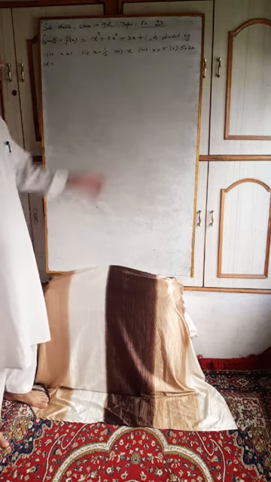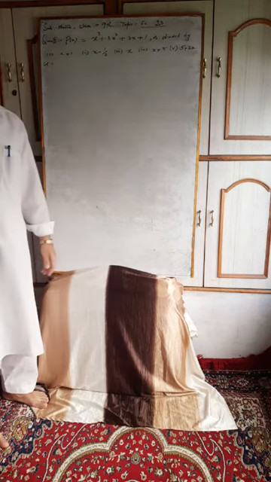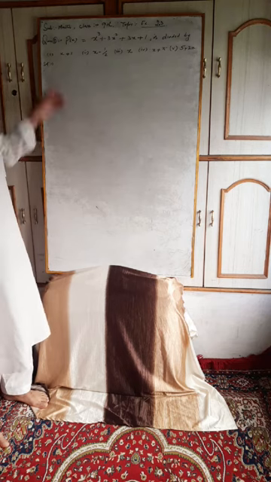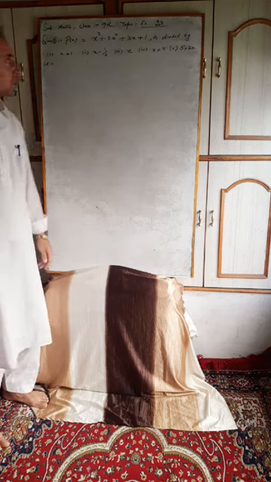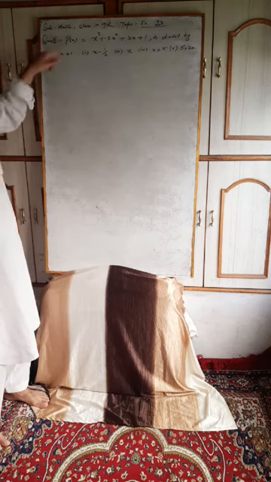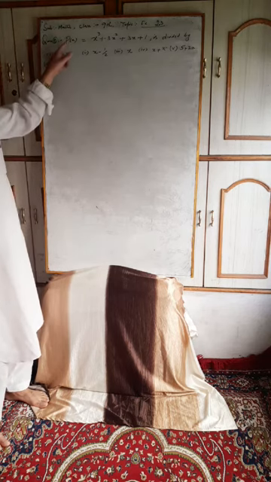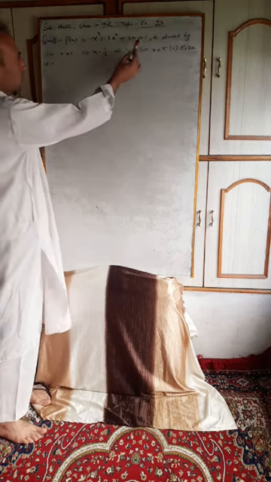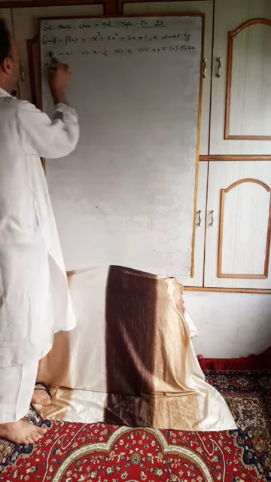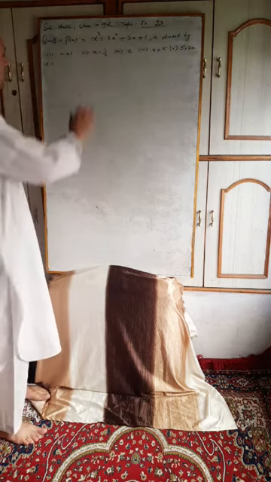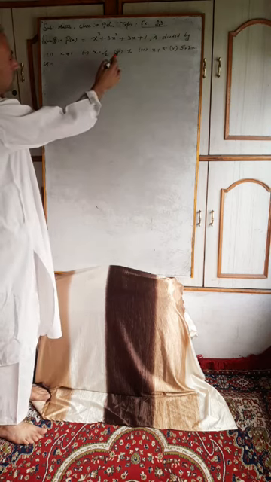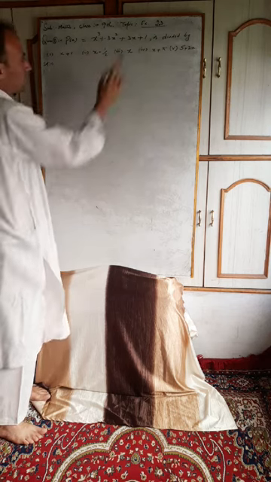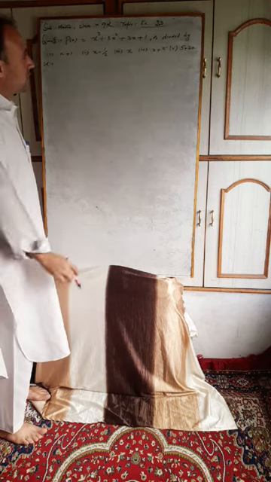Dear students, today we are going to do exercise 2.3 of your textbook with regard to the remainder theorem. The first question is, we have to find the remainder when the polynomial p(x) = x³ + 3x² + 3x + 1 is divided by: the first part is x + 1, the second part is x − 1/2, the third part is x, the fourth part is x + π, and the fifth part is